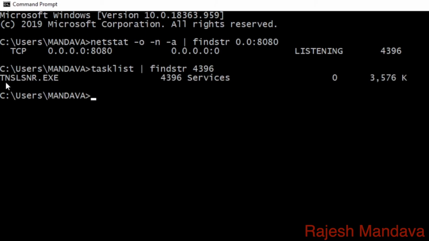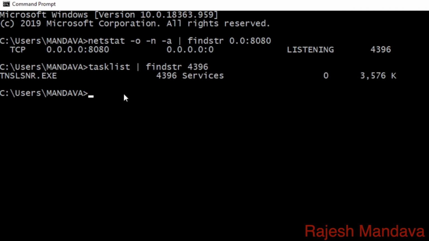Yes, as I told you, it is giving TNS listener. This is related to Oracle service. By default, Oracle occupies 1521, and it has many other dependent services that will occupy other ports. So better not to go for it.